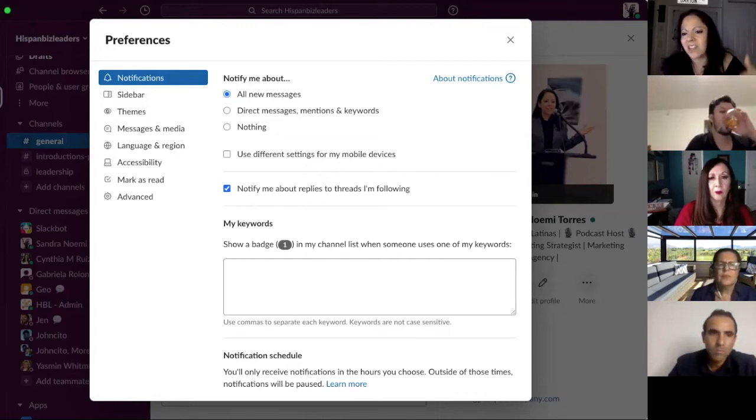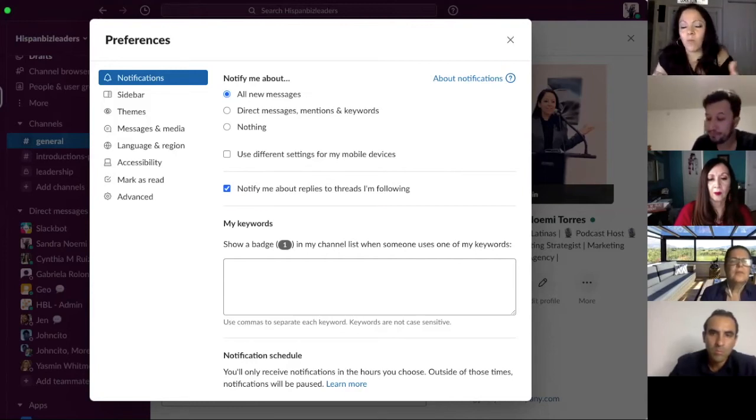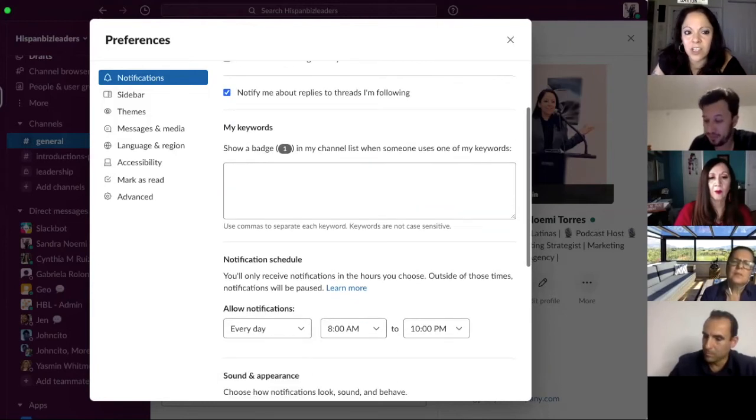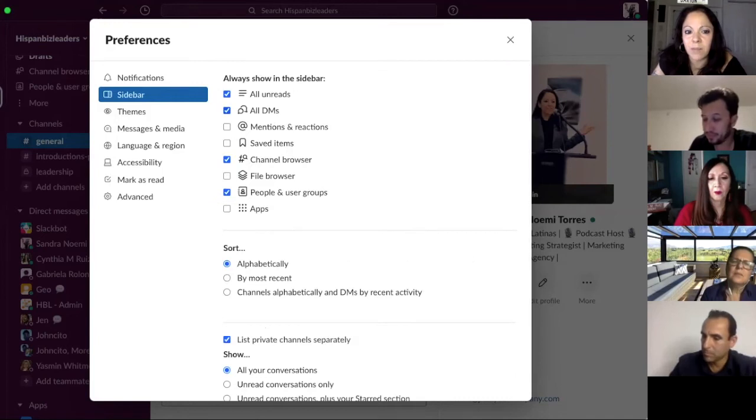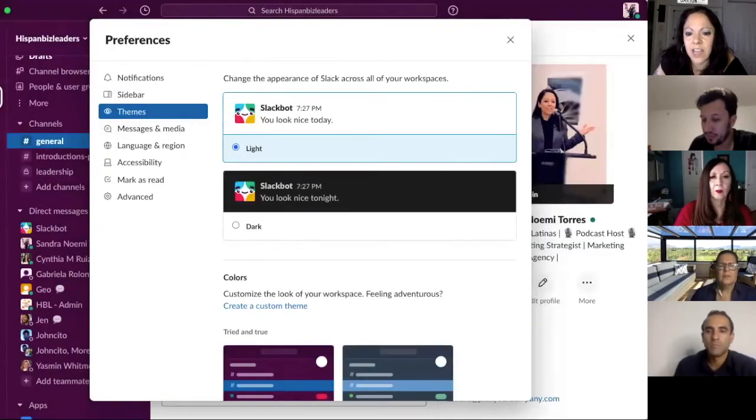Sometimes at 10 o'clock at night, you don't want to hear any more messages. Me, I'm sometimes up till 2 o'clock in the morning, so I'm working anyway. But you want to set your preferences for how you get your messages, how you see your sidebar, and what comes on your sidebar. So you want to see all the channels when they're there. You want to see when somebody tags you in a name, and I'm going to show you that in a second. You can change your themes, how it looks,